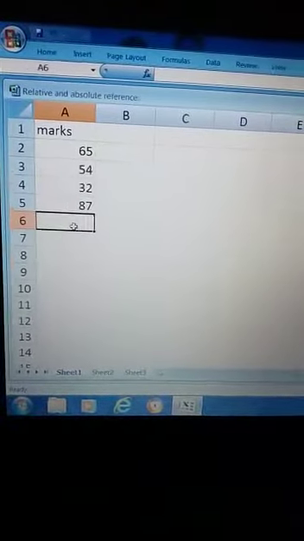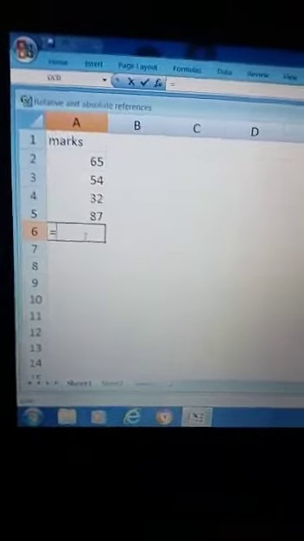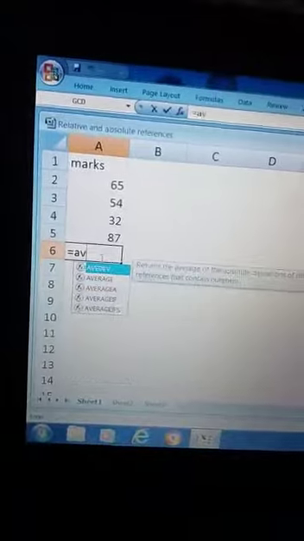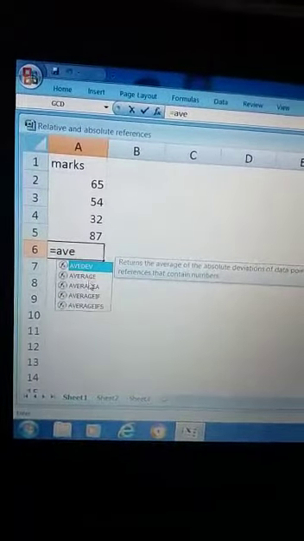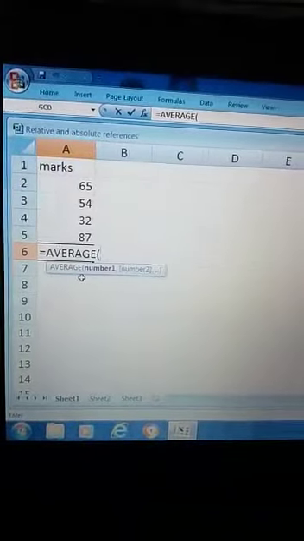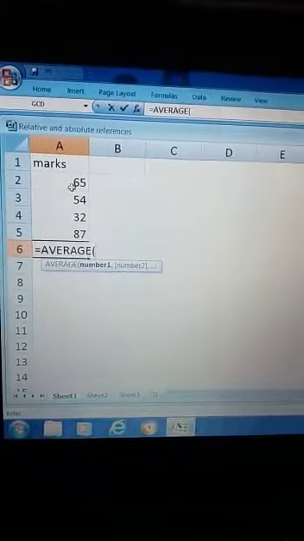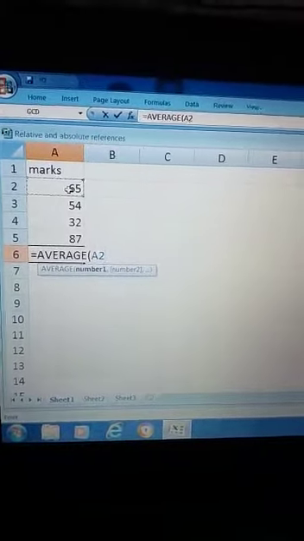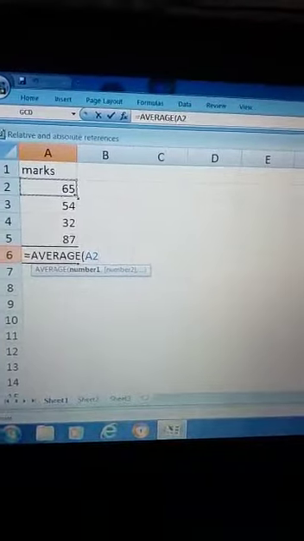Simply you will write here equal to, then you will write average. Here comes average. You will double click it, then you will click this box and drag it down.